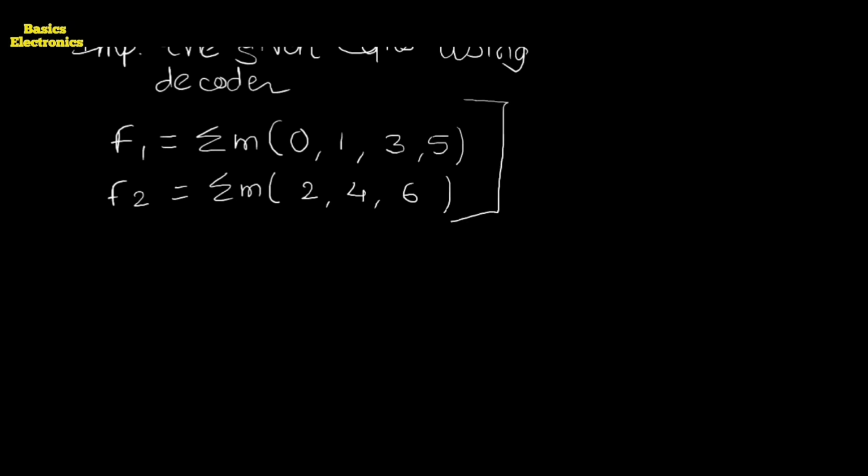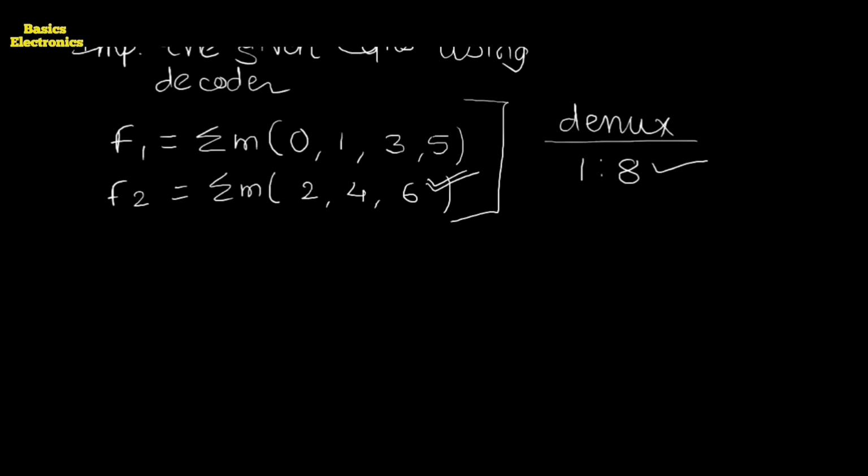To implement these equations, what do we do? As per our procedure, we first identify the demux required. The demux which we have to use is 1 line to 8 line. How did we identify this? We identified it by using the higher order digit, because here the input variables are not given. If the equation is in sum of product form, then we use the same. But here we just require the input variables.